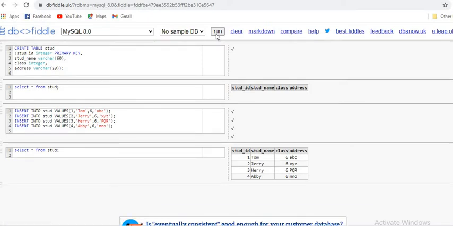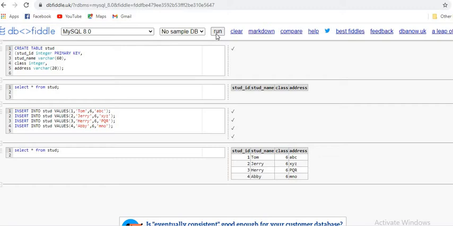So what we have learned till now is how to create a table, how to display a table structure, and select star from stud. Basically the purpose of select star from table name is to display the entire table. Initially it was not showing any data because there was no data. Then after I inserted four data, we learned the insert into command and then we again showed you the entire table. Now we are going to learn a few more things, that is how to update a value.